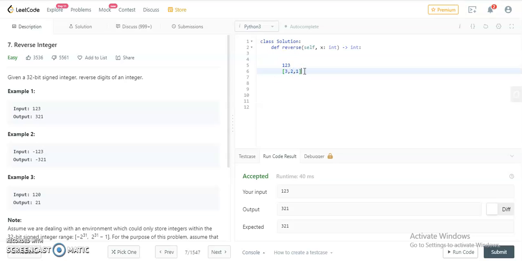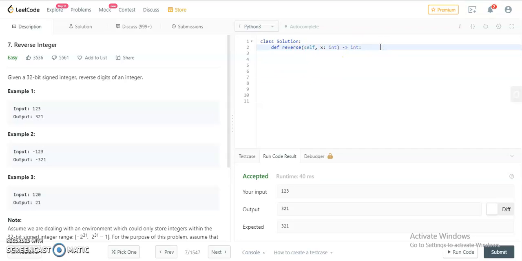So I'll be storing in that format. And now I will multiply 3 by 100, plus 2 into 10, plus 1 into 1. That is 10 to the power 2, 10 to the power 1, and 10 to the power 0, and that equals 321. And that is exactly the reverse of the input integer, right? So that was our basic approach.